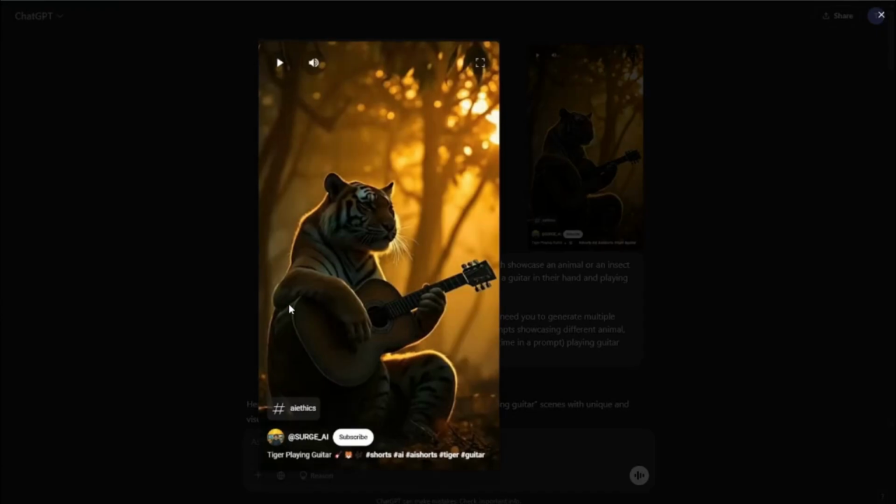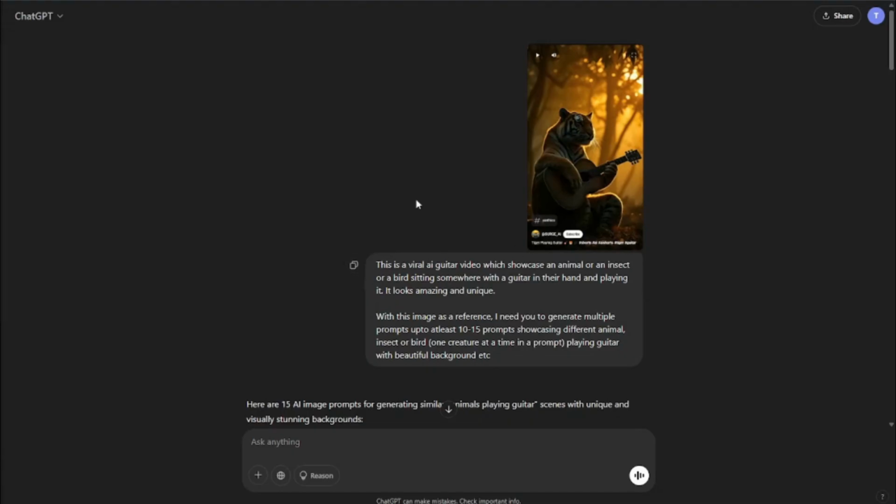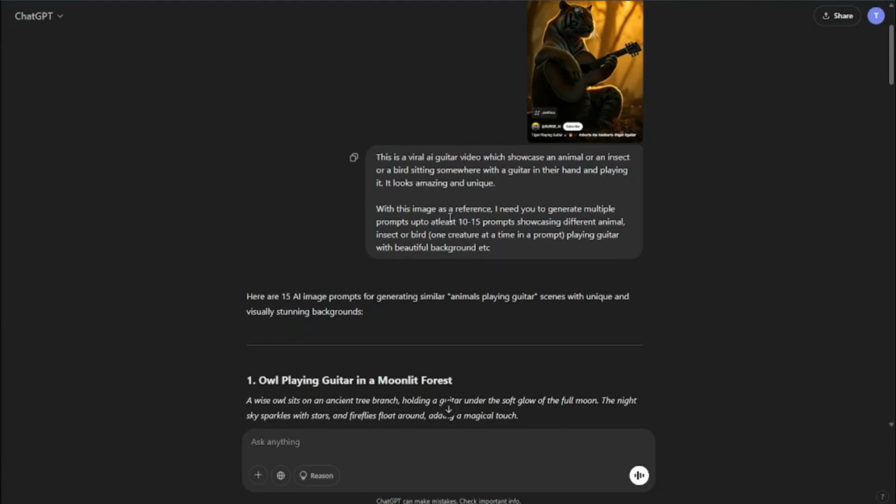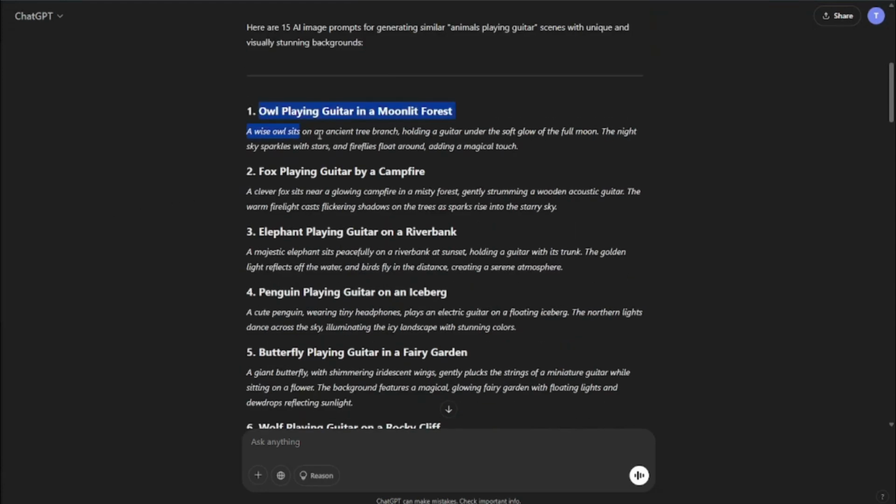For that, as you can see, I basically took a simple screenshot of an animal playing guitar, and I typed in my prompt: this is a viral AI guitar video which showcases an animal or an insect or a bird sitting somewhere with the guitar in their hand and playing it. It looks amazing and unique. With this image as a reference, I need you to generate multiple prompts, at least 10-15 prompts, showcasing different animals, insects or birds playing guitar with a beautiful background, etc. So this would be our prompt. You have to be very descriptive with ChatGPT in order to get the perfect prompts for our images. So ChatGPT provided me with different animals playing guitar with different backgrounds,